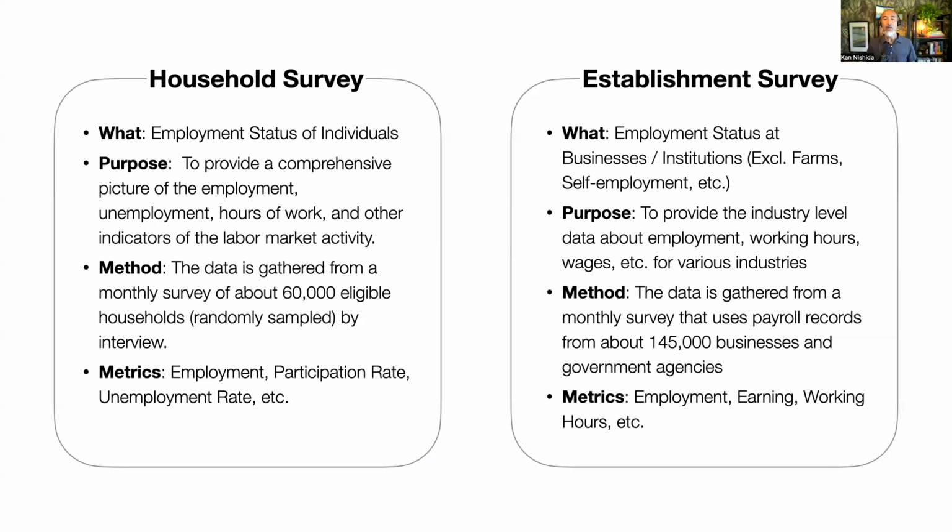So what kind of metrics do you get out of this? On the left-hand side, for example, you hear a lot about the unemployment rate. That's actually the left-hand side, because you interview people and they say, oh, I don't have a job, I have not been working for the last 3 months and so on. But also the employment numbers, which means how many people have jobs, that metric comes out of this household survey too. And that part is kind of confusing because the same kind of metric comes from the establishment survey, right-hand side, as well.